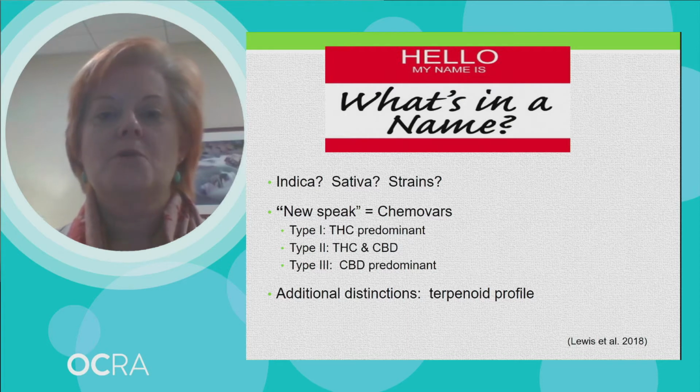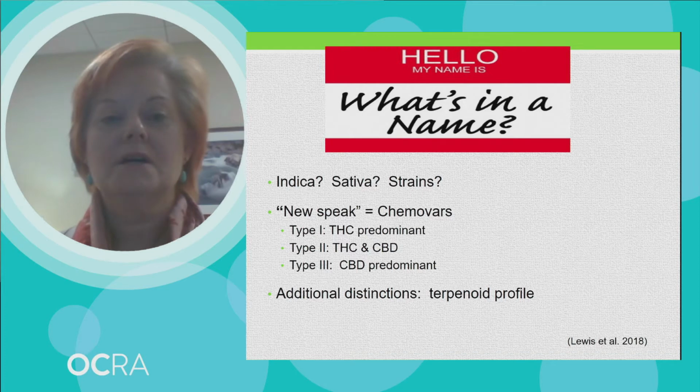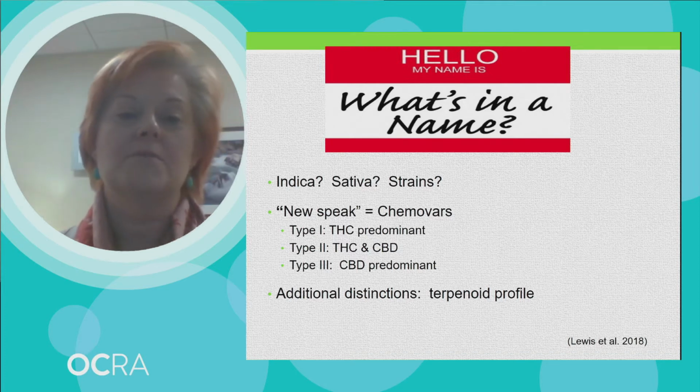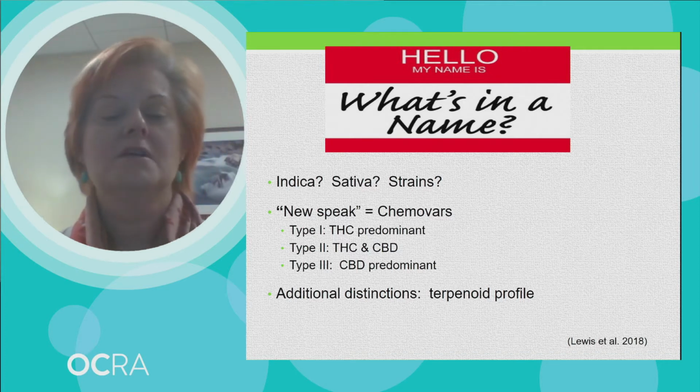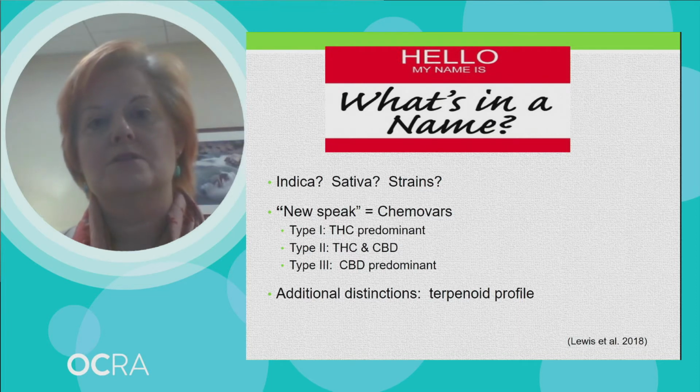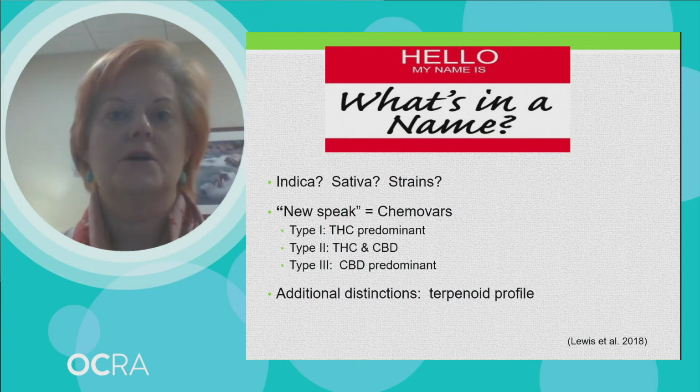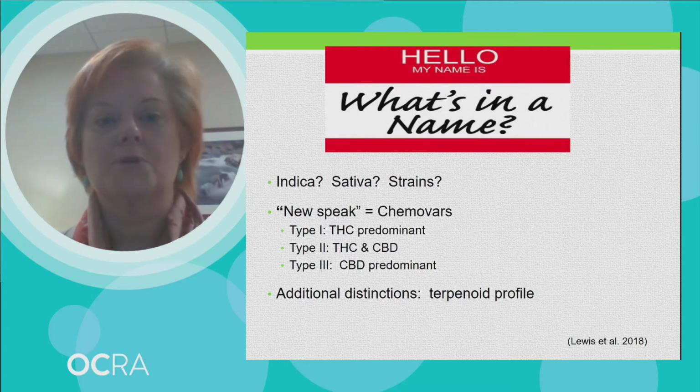So I'm going to talk for just a moment about what's in a name. A lot of people talk about cannabis and they talk about cannabis indica and it does this or that, and they talk about cannabis sativa and they talk about strains. There's a lot of crazy strain names out there, such as blueberry kush, for example. So a lot of strain names are named after fruits, probably because of that characteristic odor of those terpenoids. But newer terminology that's really being encouraged in the scientific literature is to refer to chemovars instead of strains. And what that means is chemical varieties.